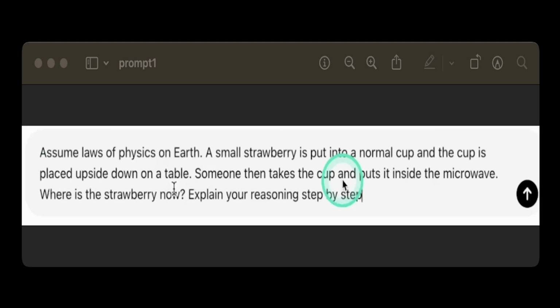So let's say this is a very simple prompt. It's assume laws of the physics of Earth. And a small strawberry is put into a normal cup, and the cup is placed upside down on the table. Someone then takes the cup and put it inside the microwave. And where's the strawberry now? Explain your reasoning step by step. Right. This is some of the prompt we see on any of the videos, or maybe somewhere on the website